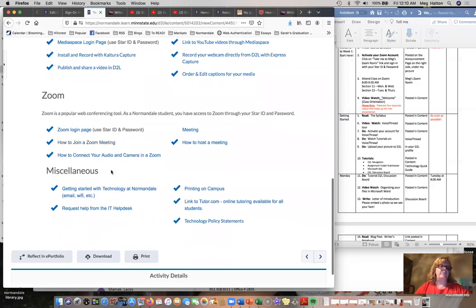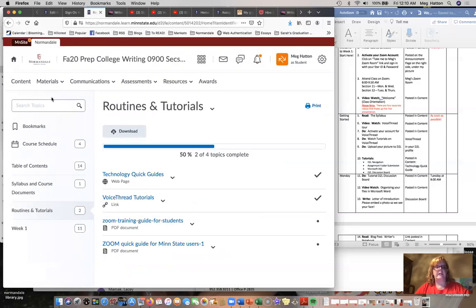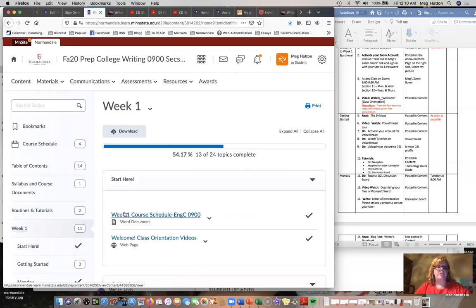And then we have Zoom, of course. So if you still have questions about Zoom, there's a bunch of things you can read here, and then there's just some miscellaneous items down here. So I just wanted to point out those things because those are where some resources are that you could really benefit. We're going to spend the bulk of this video in week 1,